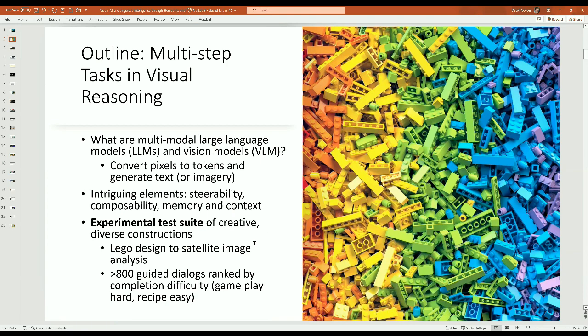So the goal is to develop an experimental test suite. We're going to go through a series of examples of creative, diverse construction. Composability is the diverse, and creative in some sense is our steerability. And that range we're going to go through will begin with the simplest version of construction, where you have an artist palette like Legos, and you will build up various scenes,